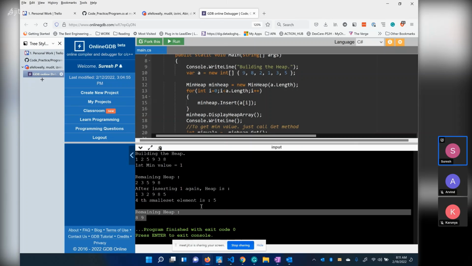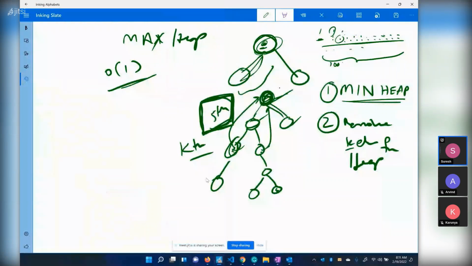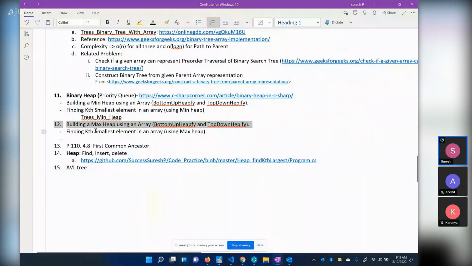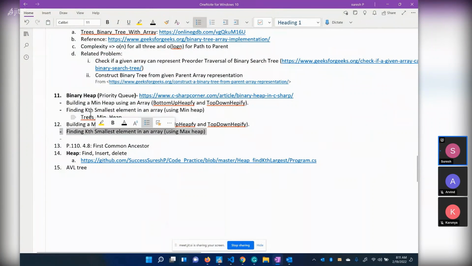Yeah, Suresh. So let's look at the drawbacks of this algorithm. Today's algorithm is the same thing: find the kth smallest value. This also finds the kth smallest value, but here we used a min heap, and today we will use a max heap. I want to explain why we are going to use a max heap. So before even going into this problem,